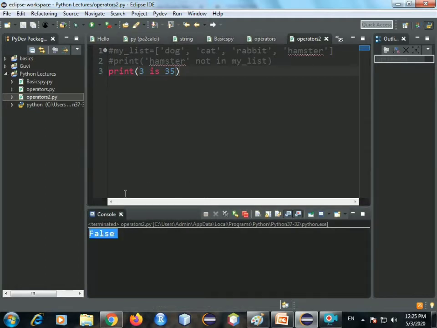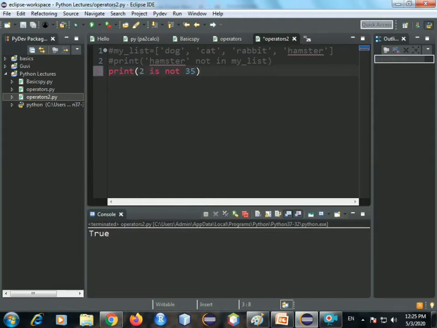Now let me say is not 35. This is correct, so it should give me true. So we get a true. Now let's try another thing. It might seem a little confusing, but you'll understand. I'm saying 2 is not 2. Now you might say, 2 is 2, what is wrong in this?